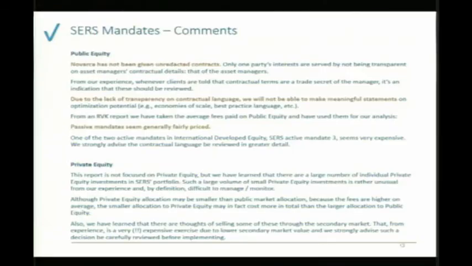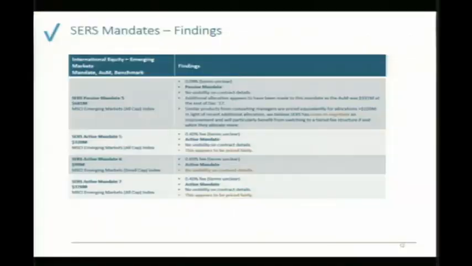Could you mention the mandate numbers as you go through them? Because I'm lost now. Sorry. Sorry. So, do you mind going back one page? Yeah. So we have a lot of passive mandates on this page. Those would be mandate 5 and 6 and 7. 5 and 7, and those are priced fairly.